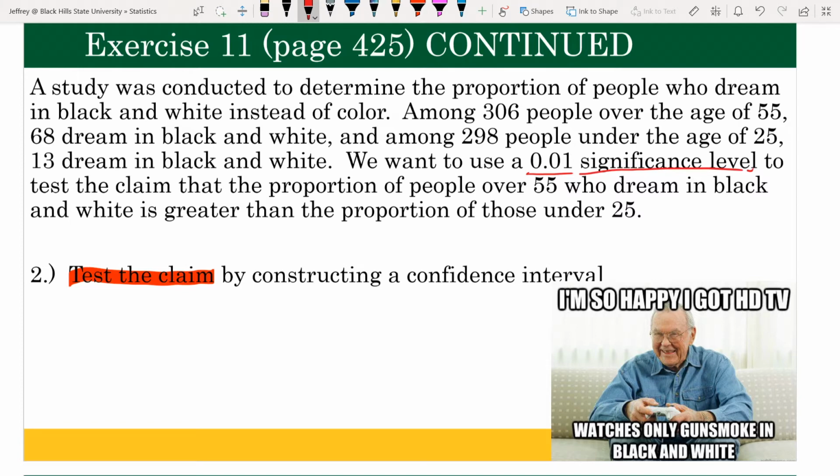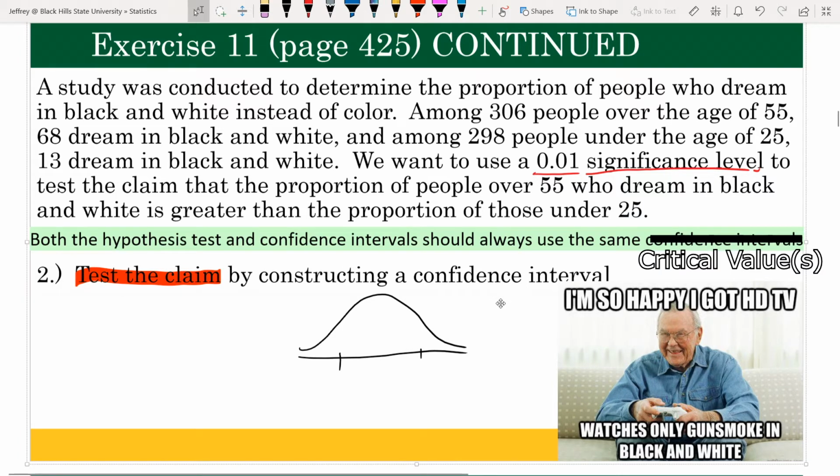Now, this is not actually the same significance level that we're going to use for a confidence interval. Both the confidence interval and the hypothesis test should always use the same critical value. The reason they should use the same critical value is so that we get this similar result. Again, the critical value is supposed to be the number that separates the values that we reject from those that we don't. And this is basically true for the confidence interval. It's to separate the values that we expect to have happen from the proportions that we would not expect to have happen. From that last problem, we already know our critical value was 2.33, and that happened when